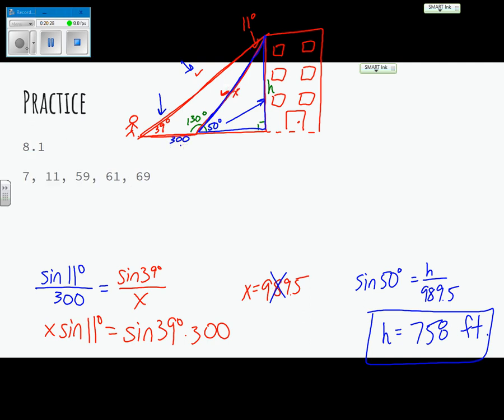Here are 5 problems. If you have problems over these 5 problems, it looks like 2 are just basic law of sines right here, and then the last 3 will be word problems. Definitely want to hash these out during our Q&A if we're having difficulties with